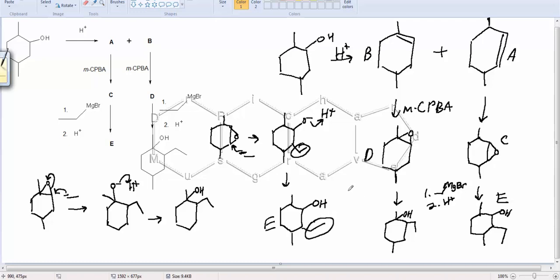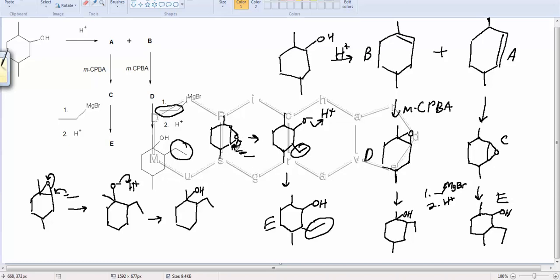Now part of the reason I bring this up is that if we're aware that this is the chain from the Grignard reagent and that this is the chain here, it would be possible, knowing that D was an epoxide, to work out what epoxide D actually was by working backwards from this product. So the process there would be to say, well, this is the chain from the Grignard reagent, here it is here in the product. Knowing that D is an epoxide and that the OH would be on the carbon adjacent to where the epoxide would be attacked from, and as you can see, that's sort of the process there,